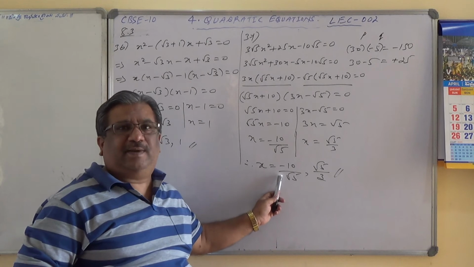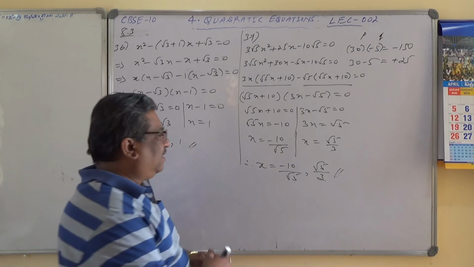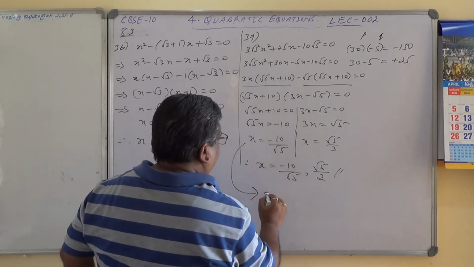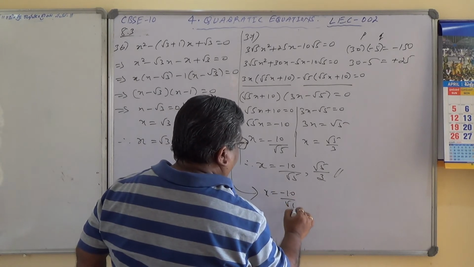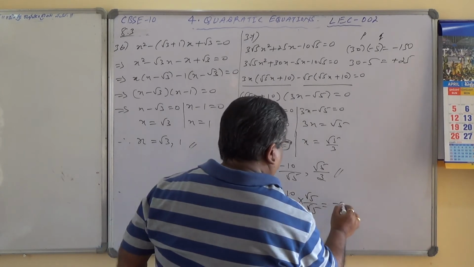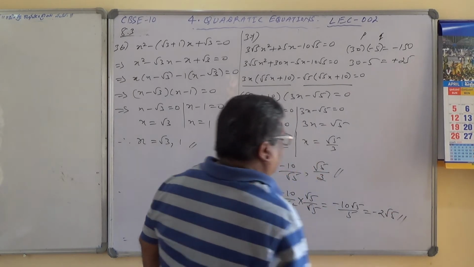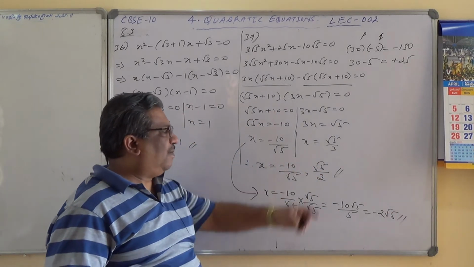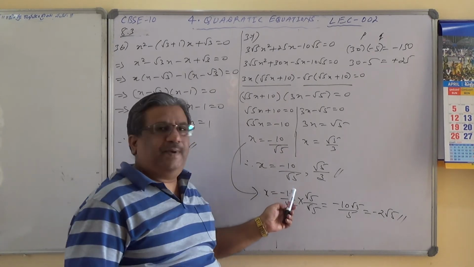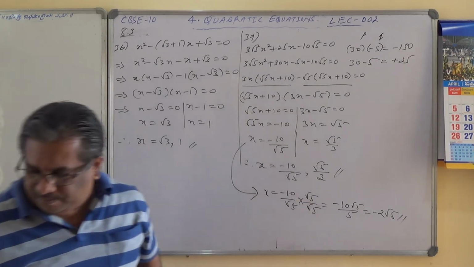Minus 2 root 5 has given R.D. Sharma. So what did he do basically? Has he rationalized the denominator? Let me check that one. Say for example x equals minus 10 by root 5 into root 5 divided by root 5, which equals minus 10 root 5 divided by 5, which equals minus 2 root 5. And therefore the answer can be minus 2 root 5 comma root 5 by 3 also. See, it is okay even if you keep the denominators irrational. He has rationalized the denominator. It's okay. Next problem.